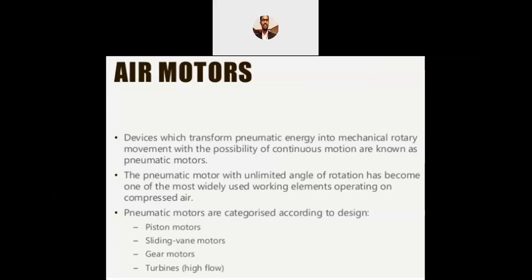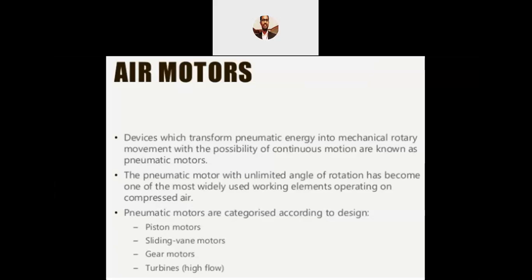Pneumatic motors with an unlimited angle of rotation have become one of the most widely used working elements operating on compressed air. Basically, what happens is that some motors have a restricted movement. Even if you take the palm of our hand, it has a restricted movement. It cannot rotate 360 degrees. Maybe around 30 degrees to the left and 30 degrees to the right. That is how our palm is restricted. Our shoulder, however, can rotate 360 degrees. So pneumatic motors without limitations, with an unlimited angle of rotation,